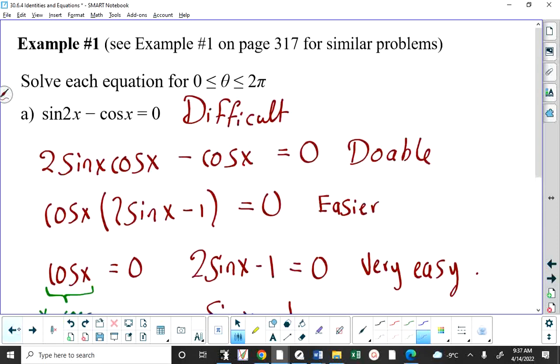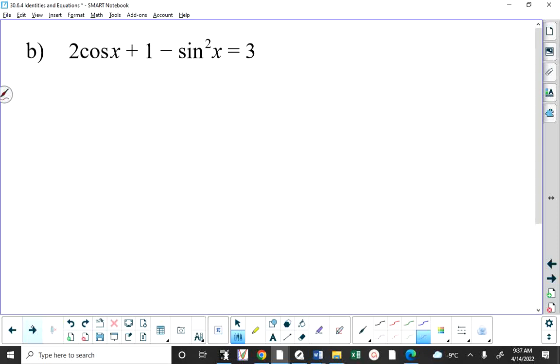Admittedly, this one we turned into a mixture of sines and cosines, but we could factor the cosine out. Here we have sines and cosines and numbers. And we run into this a lot. What we can do is, since sine squared of x equals 1 minus cos squared of x, I can put